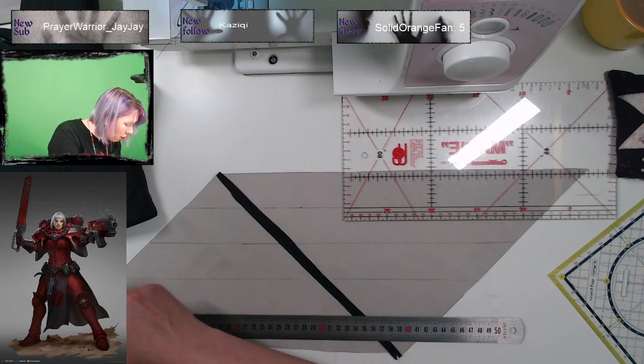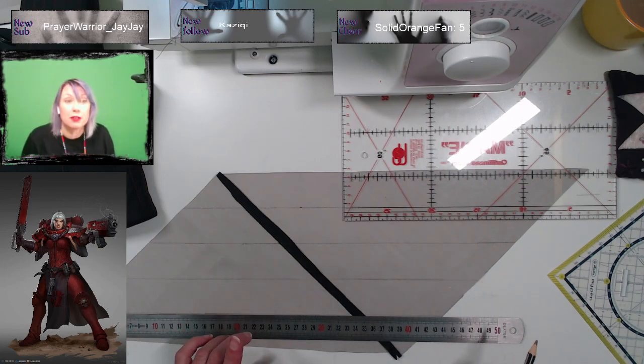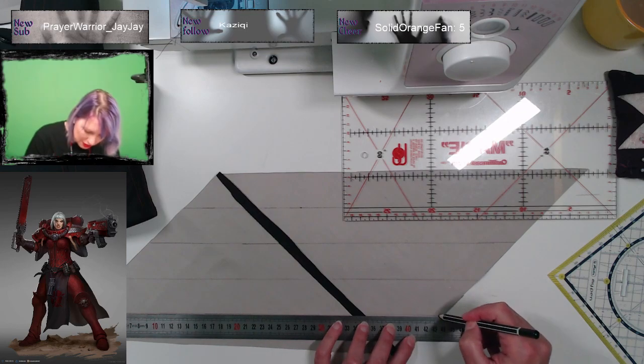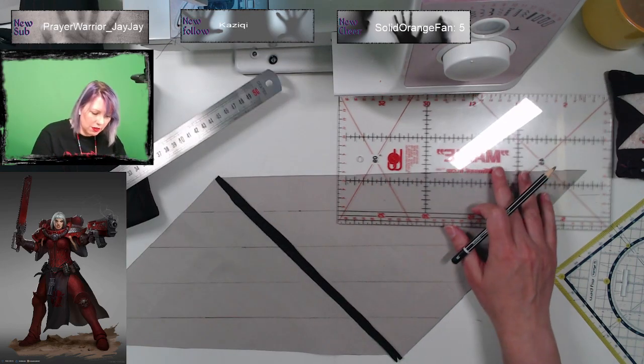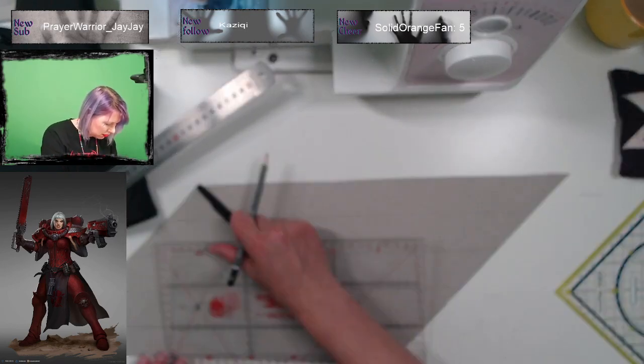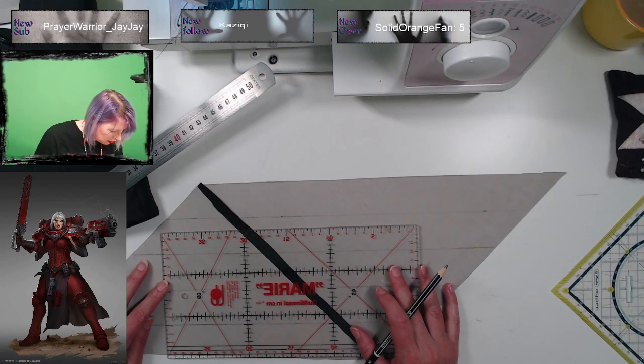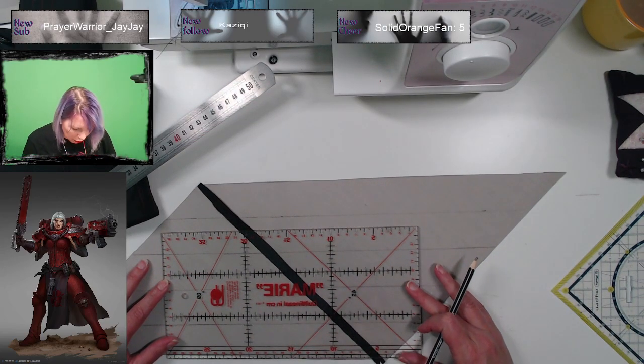So surprising how much you can get out of a 30 by 30 centimeter square. The way you do this. So I don't think the last one is 4 centimeters. I could have probably...